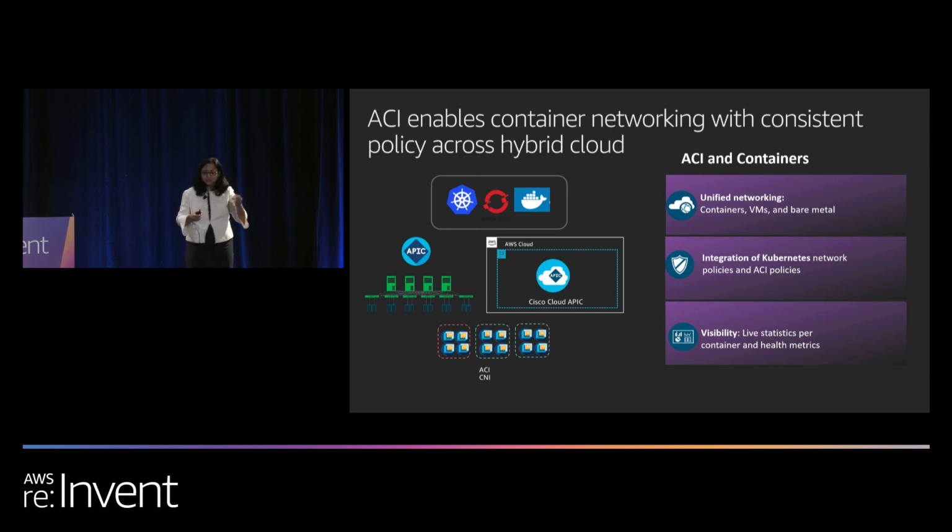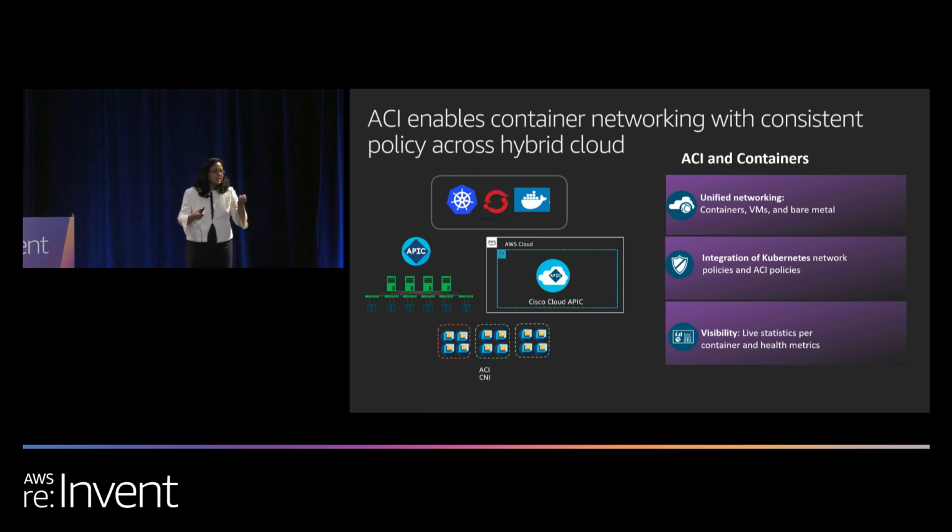On the APIC controller or on the Cloud APIC, there will be a handshake with your OpenShift or upstream Kubernetes policies. We will provide you visibility into all the container IP addresses, the hosts on which the containers are running, and the host IP addresses. So a lot of visibility is enabled by these integrations. We also have the ACI CNI plugin, which we use in the on-prem data centers for your Kubernetes workloads. We have it for Kubernetes, OpenShift, and Pivotal Cloud Foundry across the board.